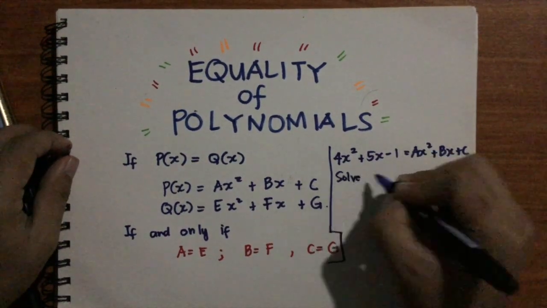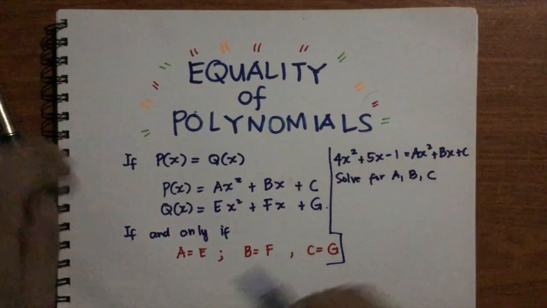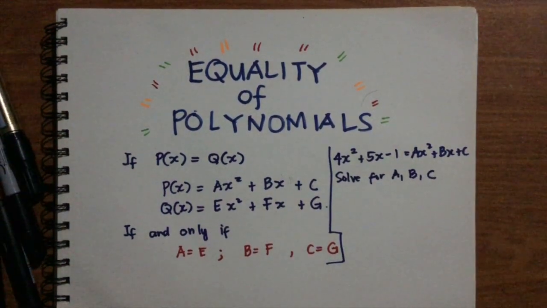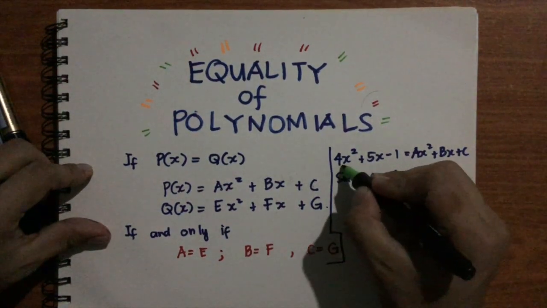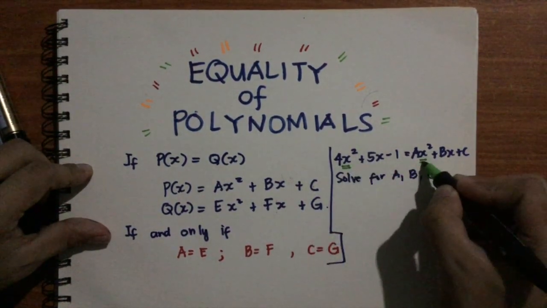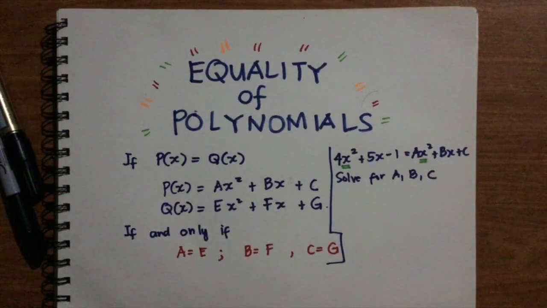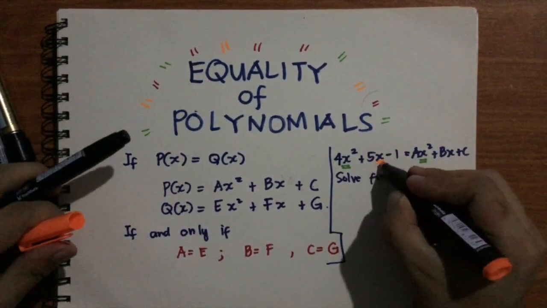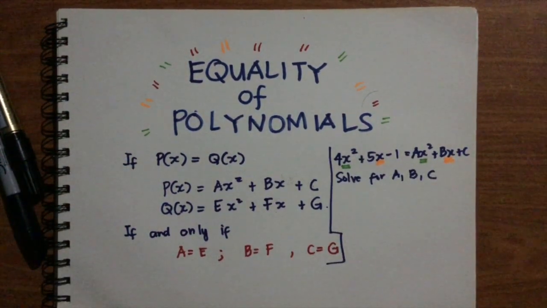We're asked to solve for a, b, and c. Just remember that to solve this kind of problem, all you have to do is to look for the same variable with the same exponent,